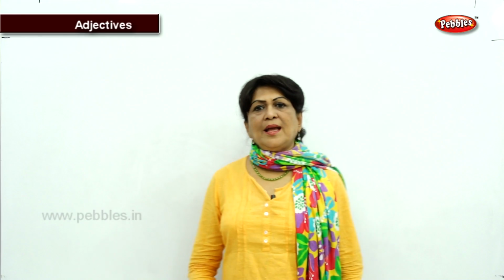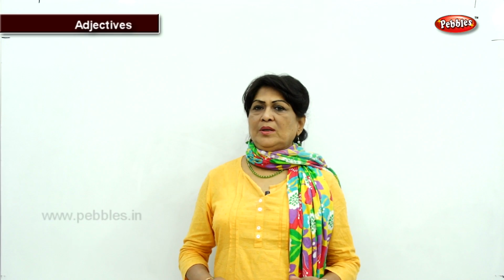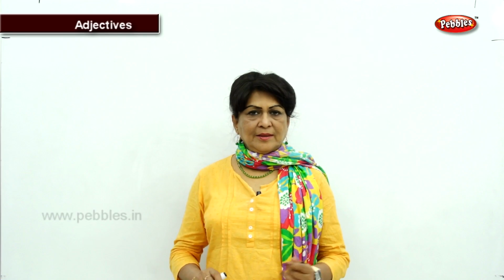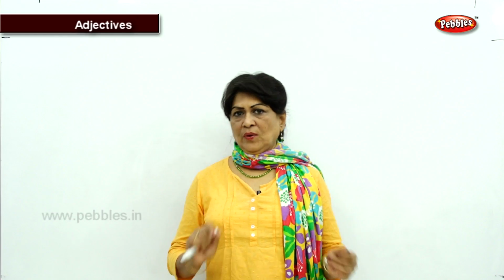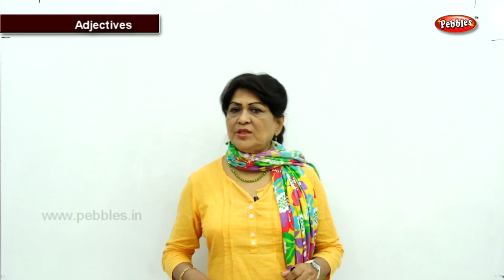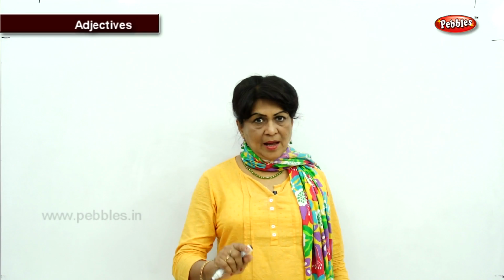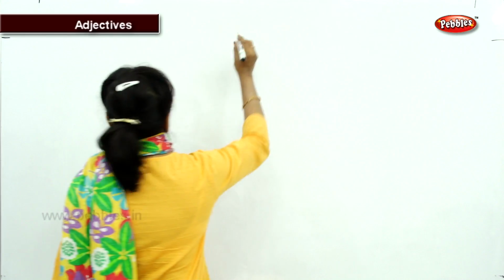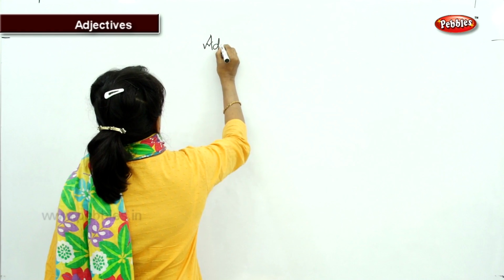Now, what is an adjective? An adjective is a describing word. It describes a noun or a pronoun, or it qualifies it. So, an adjective is a describing or qualifying word. Okay? A describing or qualifying word is an adjective. And what does it qualify or describe? It describes or qualifies a noun or a pronoun. Now that you have done both, you will be very clear on it. So, the next topic is adjectives.